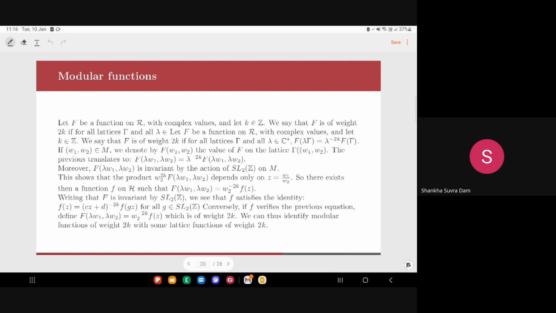Right, so another paragraph to see. Let F be a function on the set of lattices R with complex values, and let k be in Z. We say that F is of weight 2k. Here, Serre just says that it's weight 2k instead of assuming k to be even and so on. If for all lattices gamma and all lambda in C star, we have that